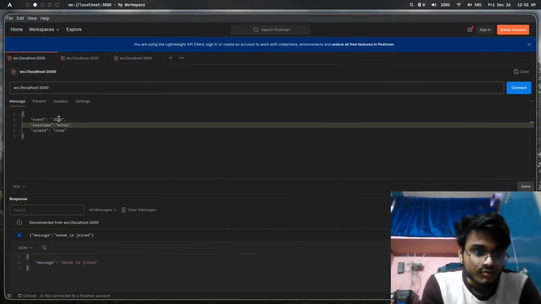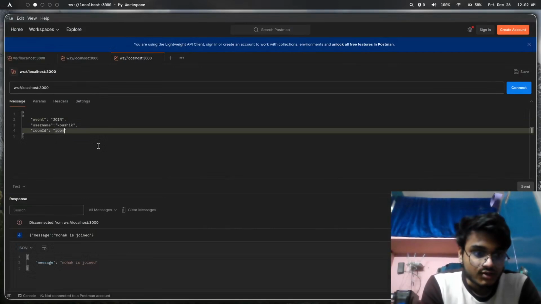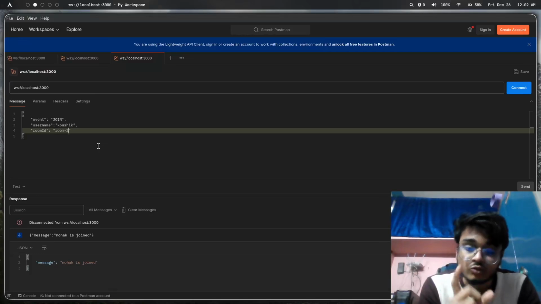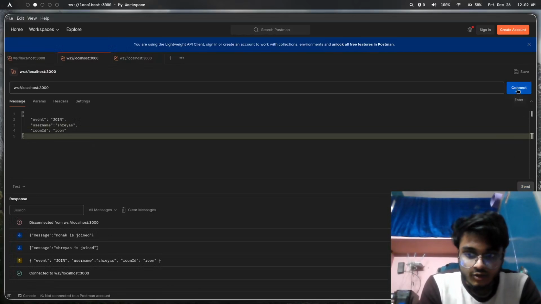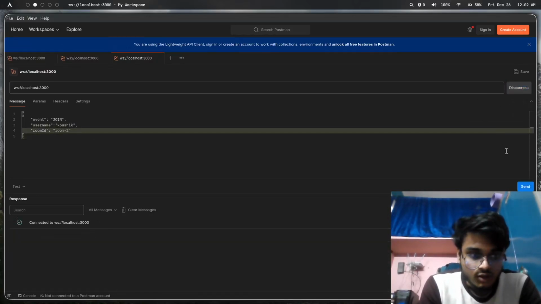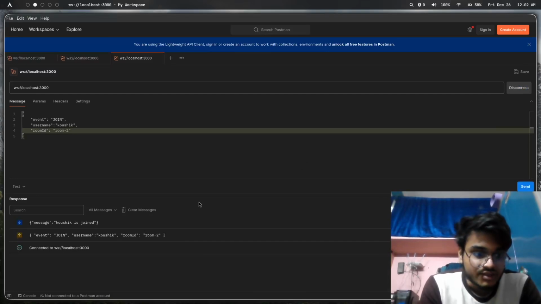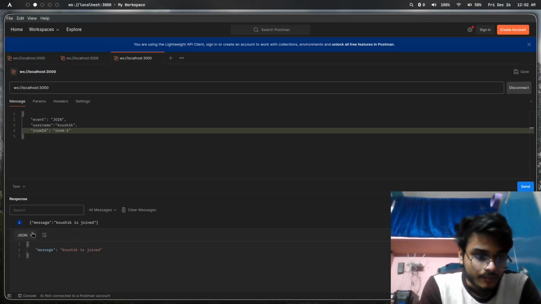Firstly, I'm going to do something like a join statement, as we know. But here I'm going to create another room. So this will be from room 2. So Kaushik was joining to room 2. Now if I connect, and here I also connect, and here I also connect. So if I send a message that Kaushik has joined, the others will not see it. Let's say, Shreyas has joined, and